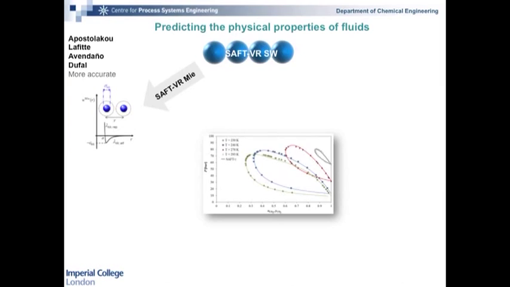Okay, so we do this well, but what we need is something more predictive, because in this case, we're looking at molecules as a whole, but we need to be able to build molecules from these building blocks. And so here, we developed a theory which allows us to represent molecules as sets of groups within the same SAFT framework. And we combine these two advances in order to develop SAFT-gamma Mie, which here is shown predicting the behavior of mixtures of CO2 and alkanes, where all the alkanes that you have here, you have propane, butane, decane, are built up as groups of CH3s and CH2s.